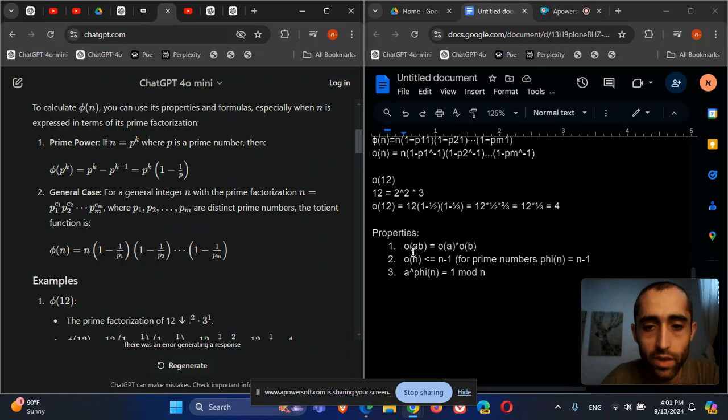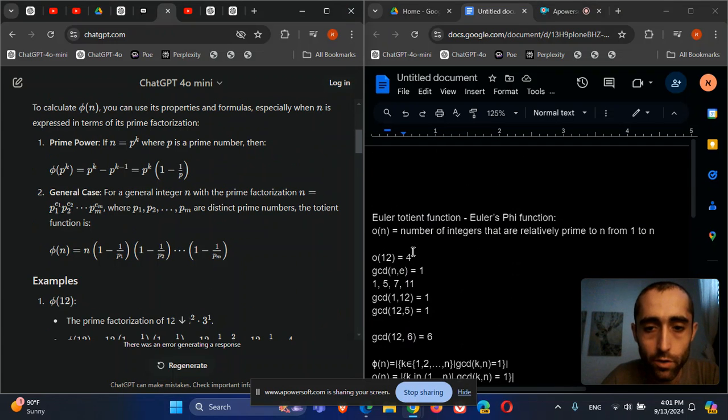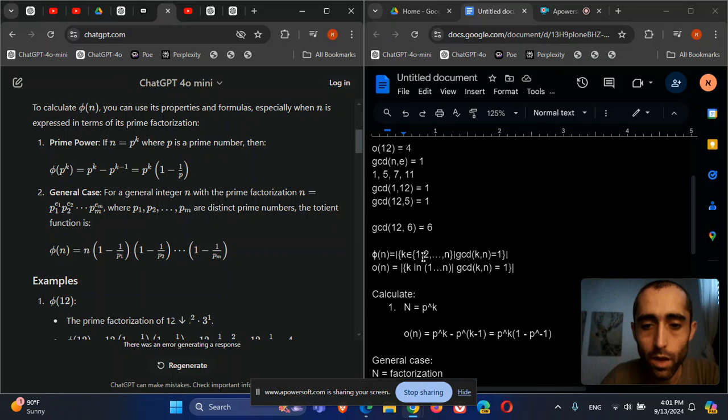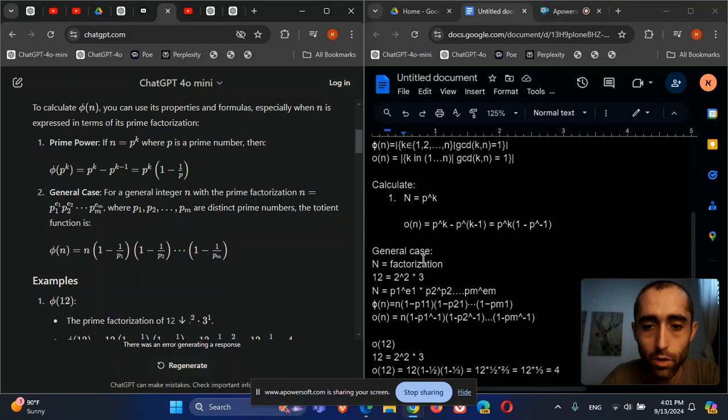Okay, so this is the idea of Euler's totient function, or if you want, Euler's phi function: the number of relatively prime numbers to a number. We have two options. If it is a power of a prime number, you can calculate straight with this one. If it's not a prime power,